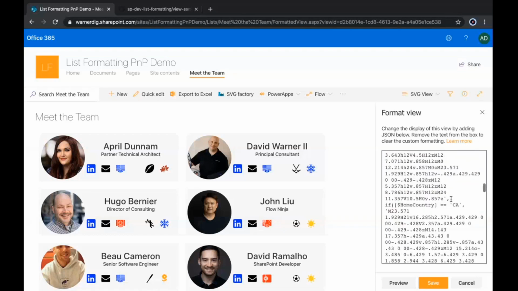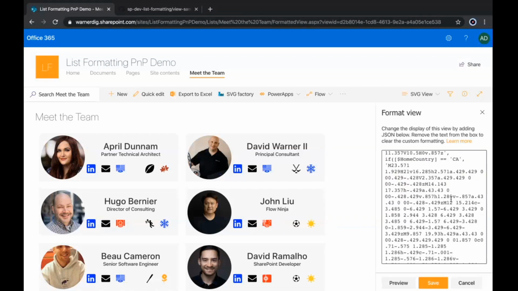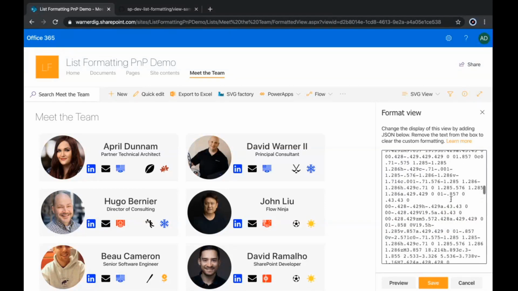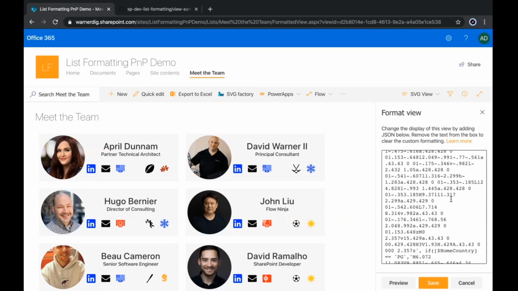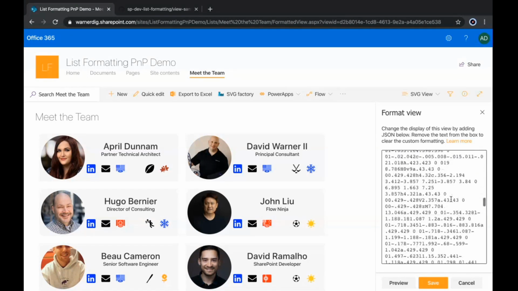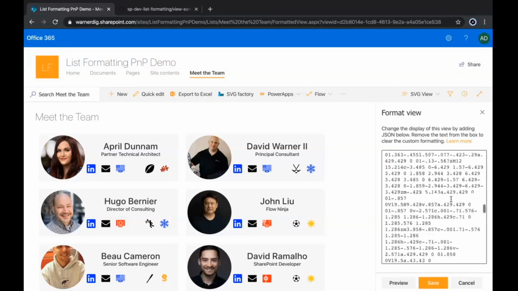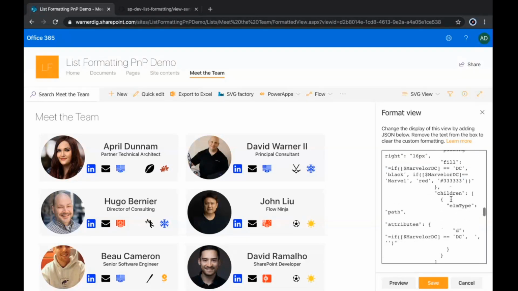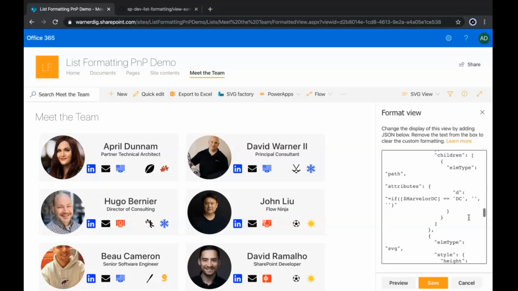So we wanted to make a way where end users, or people that maybe don't even have the time to mess with that, can just find out what they need. We'll notice that Marvel and DC is missing here, so I want to fill that information in. If we scroll down in the formatting definition a little bit, you'll see I have this if it's Marvel or DC block. In this if statement is where I want to put in that SVG dpath. So without having to format anything, I can just click here on my SVG